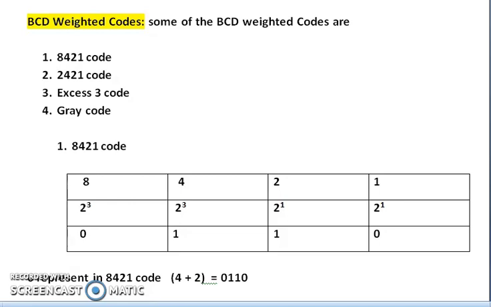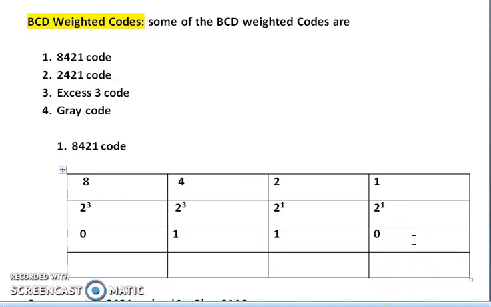Another example is 9. How to represent 9 in 8421 code? 9 means 8 plus 1. So 8 is 1, 4 is 0, 2 is 0, 1 is 1.